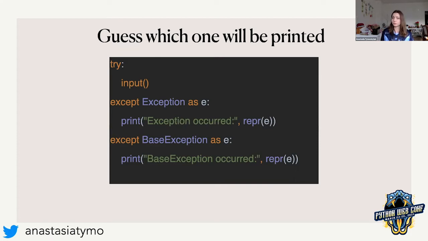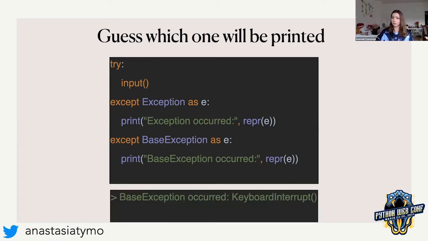What if you would try to interrupt this program with a keyboard interruption, for example, Control-C? What will happen in this case? You will get the exception KeyboardInterrupt, and it is under BaseException. So I would not suggest catching BaseException, because you might get something unexpected, something that you don't want to silence if you only have prints, or maybe something that you don't even need to catch.